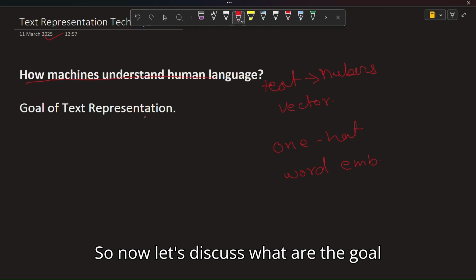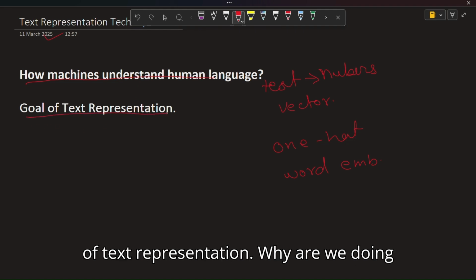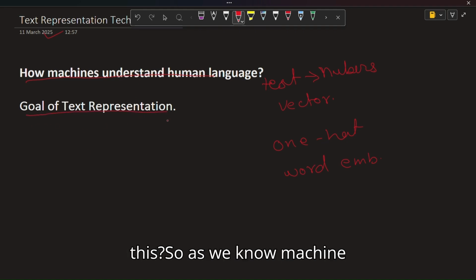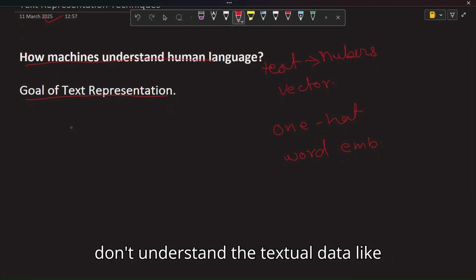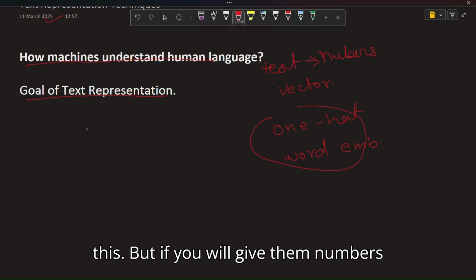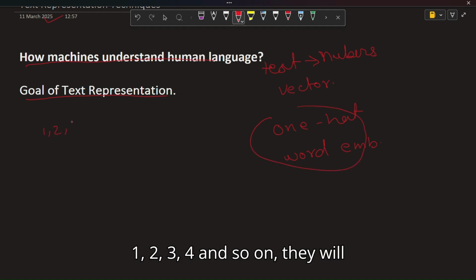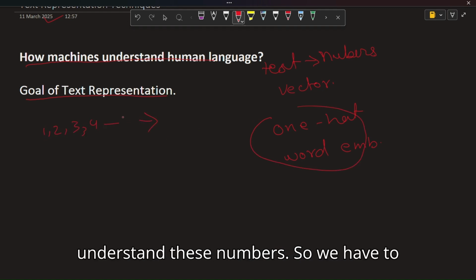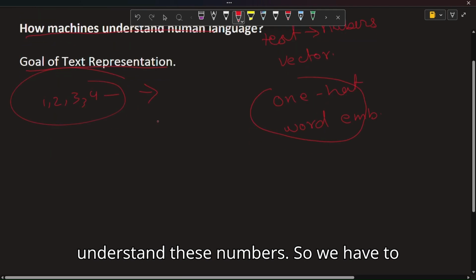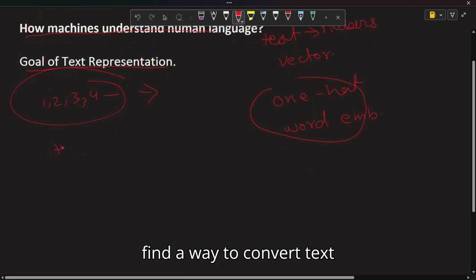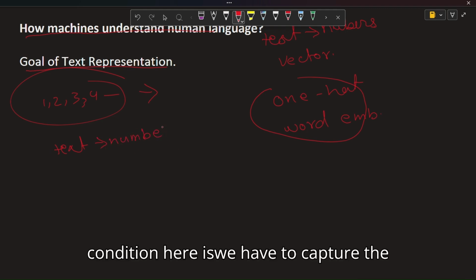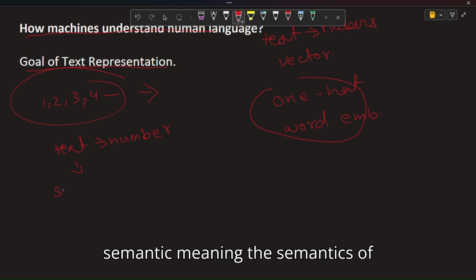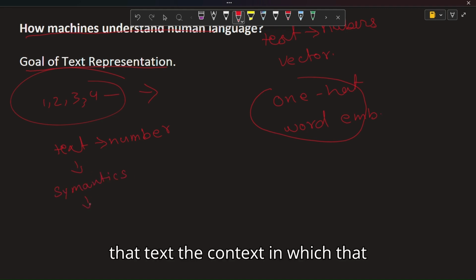So now let's discuss what the goals of text representation are. Why are we doing this? As we know, machines don't understand human language. They don't understand textual data like this. But if you give them numbers 1, 2, 3, 4, and so on, they will understand these numbers. So we have to find a way to convert text into numbers. But the condition here is we have to capture the semantic meaning of that text, the context in